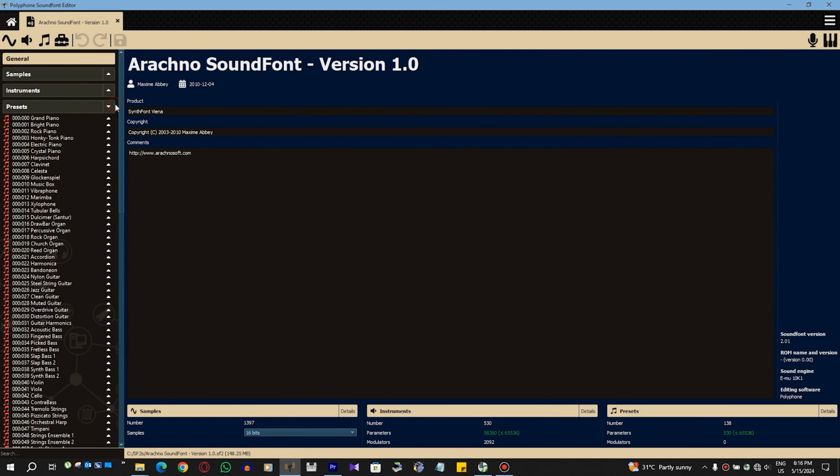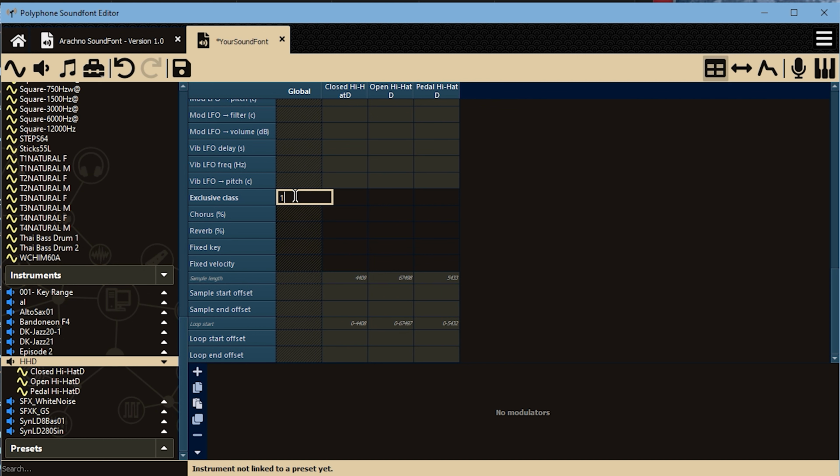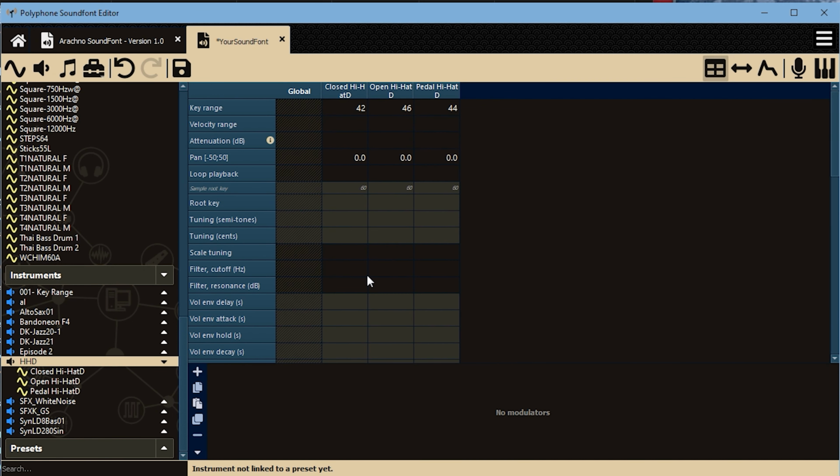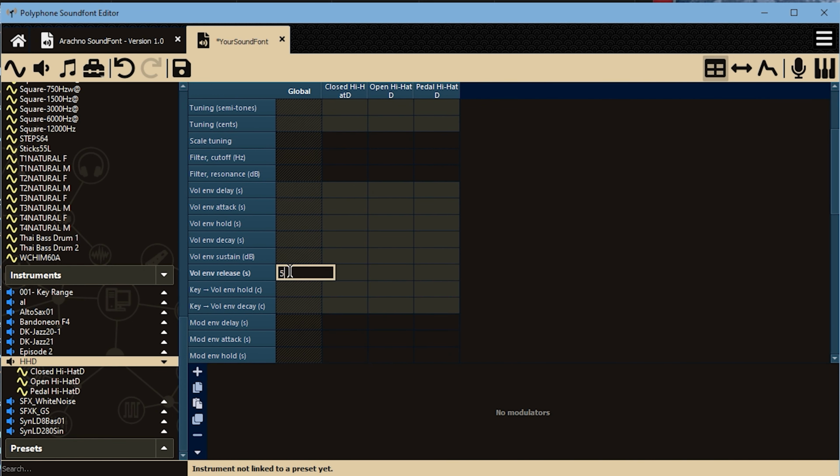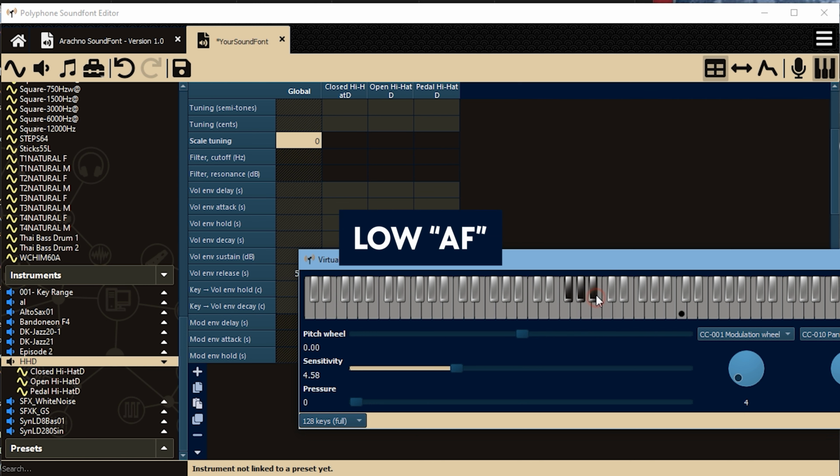An exclusive class is a custom group of notes. A sound font can contain a maximum number of 127 exclusive classes. We can assign multiple notes to a single group by placing the same number under them. In the hi-hat's case within a drum instrument, we put a random number, say 1, under every sample present at key number 42, 44, and 46. Don't worry if your hi-hats are stereo samples, all of the samples within a single key are preserved intact, unless your synth's polyphony is really low.